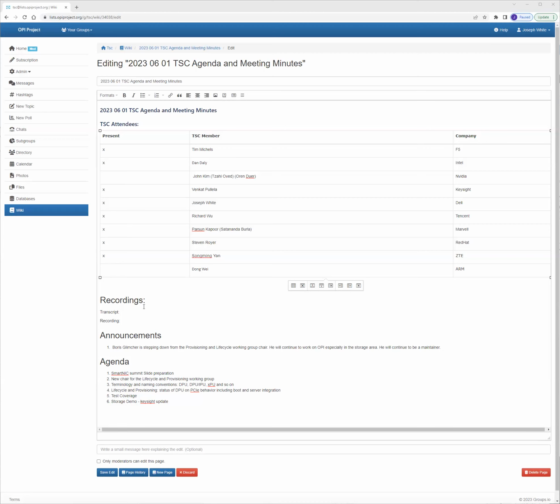All right. So now we've got to replace Boris as the lifecycle and provisioning chair. If we only have one volunteer, then do we have any objections to that? If not, then that person is it. If we have a couple of volunteers, we basically will have to vote, which I guess we'll do next week, or we could do it on the spot, whatever you guys think. But we need at least a volunteer to run the lifecycle and provisioning group.